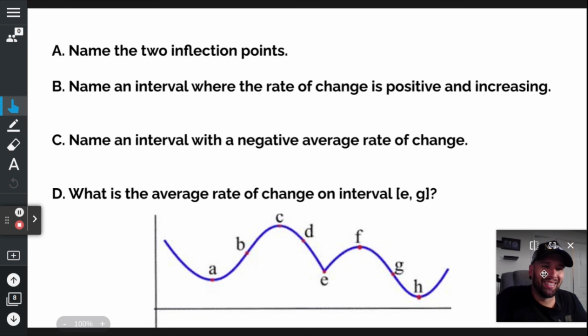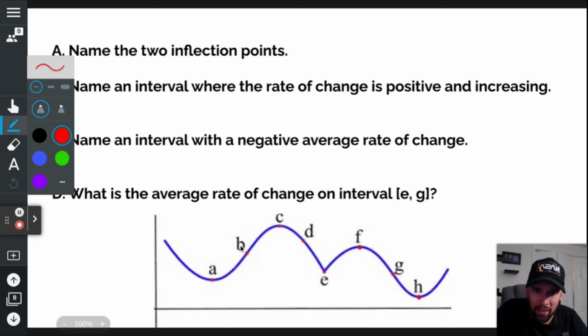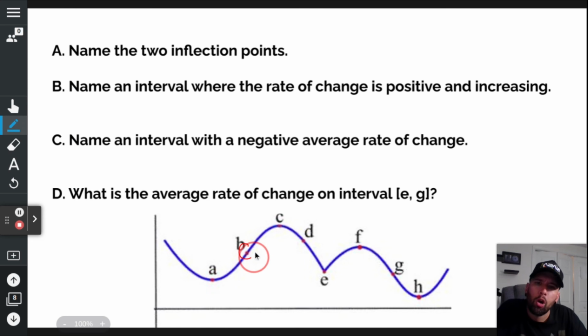Did it work? It worked. All right. Name the 2 inflection points. Look at this mess. Concave up, concave down, still concave down, concave up. Interesting. Concave up,